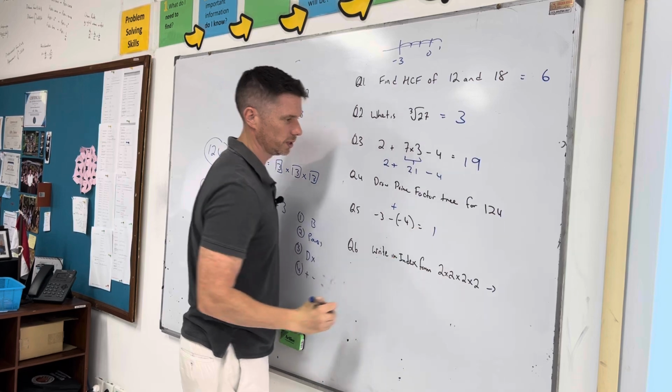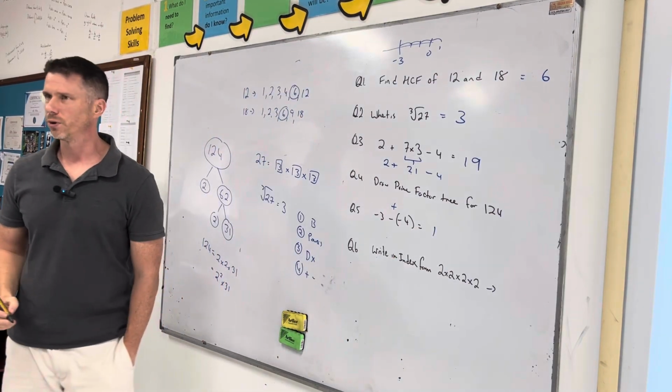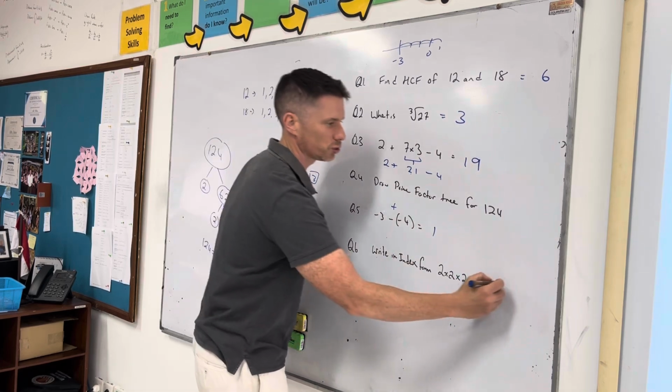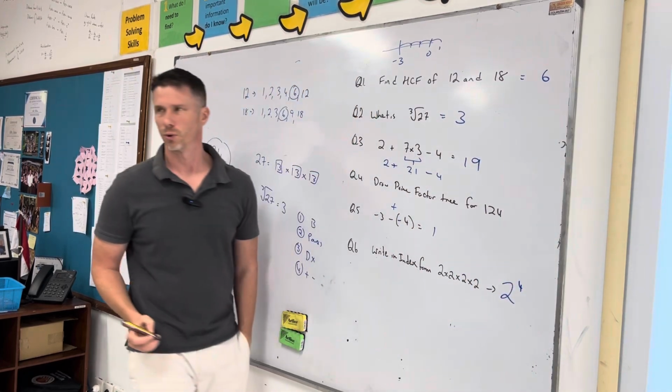So +1. And the last thing, quite straightforward, a repeated multiplication can be written in index form, 2 to the power of 4, because there's 4